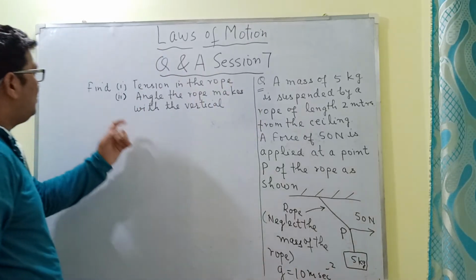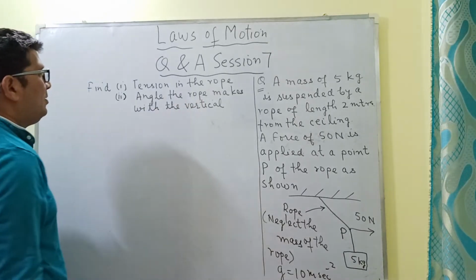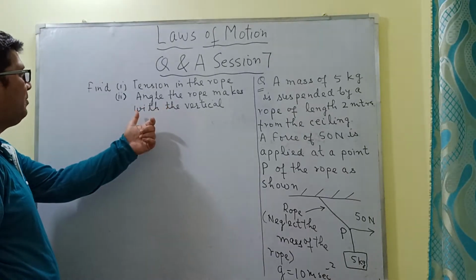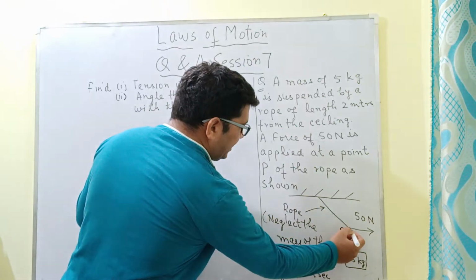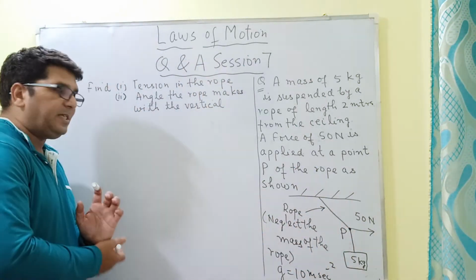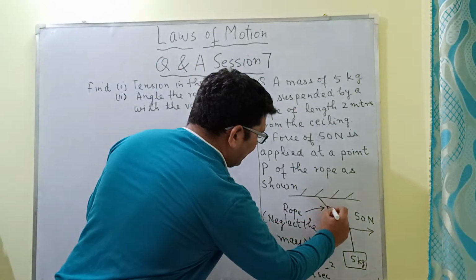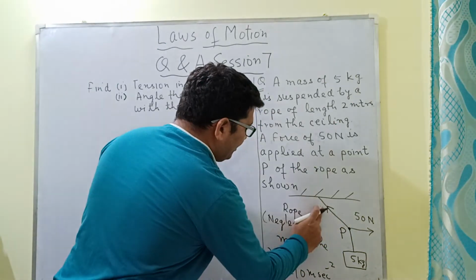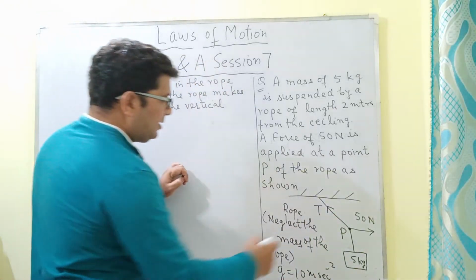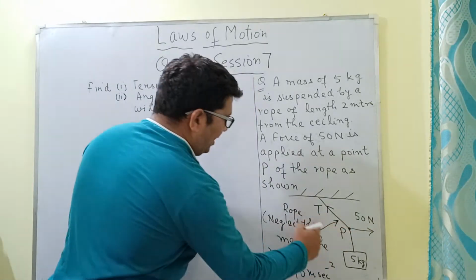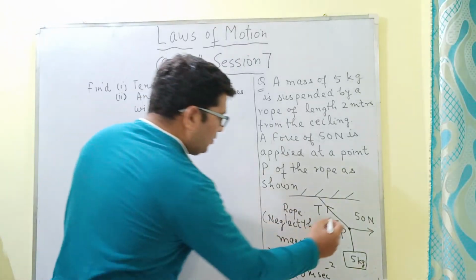So we have to find the tension in the rope and the angle which the rope makes with the vertical. So this is the rope. Since we know that the tension in the rope will be directed away from the point of application of the force, this tension will be directed in this direction, and suppose this tension is T. ठीक है, ये आपका रोप है, and so this tension is directed away from the point of application of force, therefore